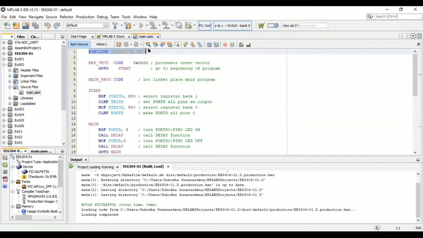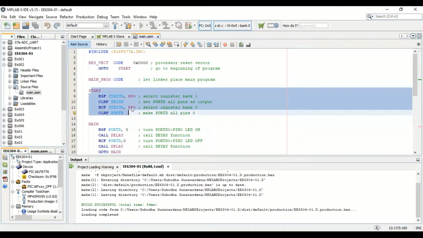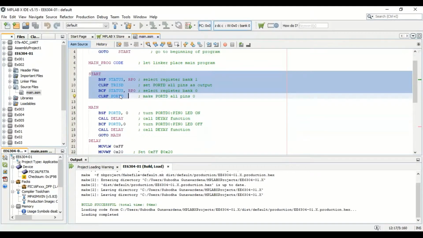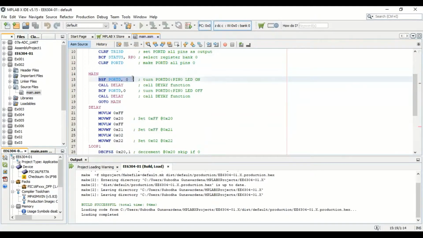So I have the include file for the hardware, and I have the port data direction and port data registers here, and then inside the main program I'm setting the bit pin 0 of port D, going to delay.